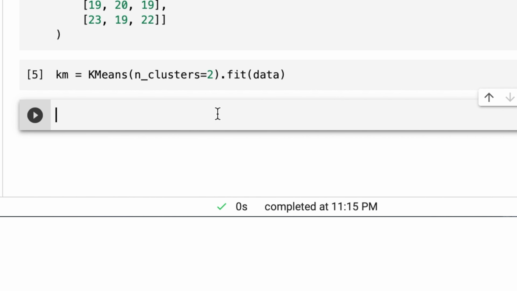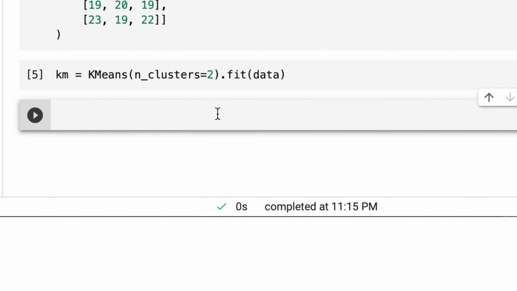Km contains many things, but for now our interest is the clustering result, that is, the cluster assignments for each row. Since we have 10 rows in our data, the clustering assignment should be a one-dimensional array of 10 cells. That one-dimensional array will represent which row of the data belongs to what cluster.